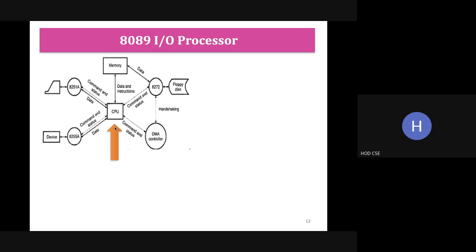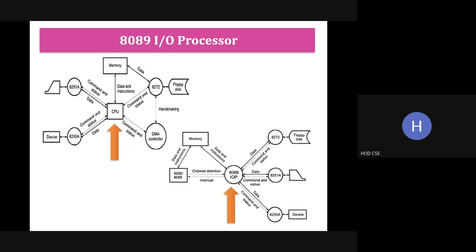Okay. So in the next diagram, we have introduced the IO processor. All the devices connected to this will be controlled by the IO processor. And here we have this 86. It is separated. So the IO processor will control all the devices connected to it. The IO processor will have its own system bus: address bus, data bus, and control bus. I hope you understood.